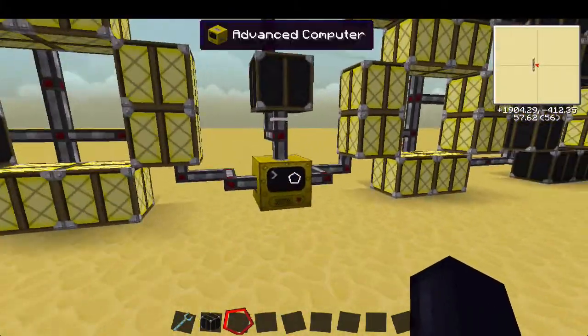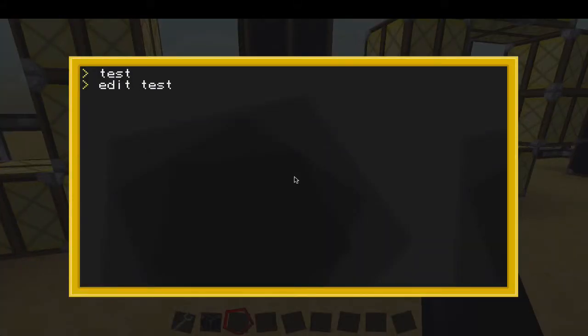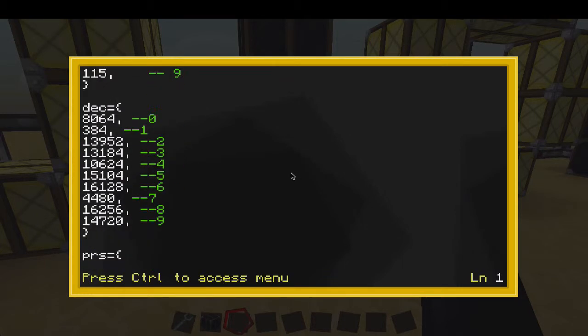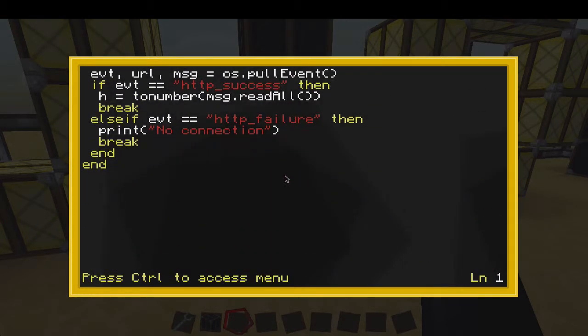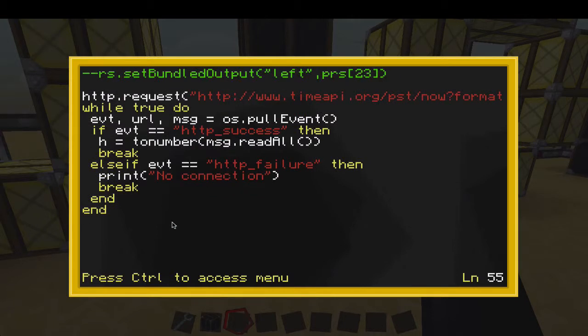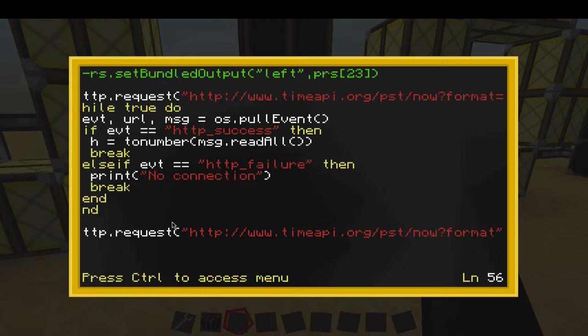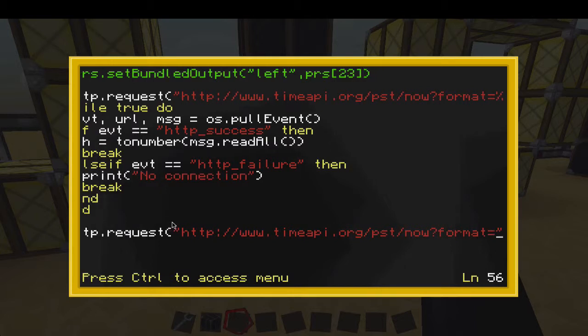So now let's go do the minutes, and that will be pretty quick. Edit test, and all we need to do is another one of these things. So it's not difficult. http.request, http://www.timeapi.org/pst/now?format=%